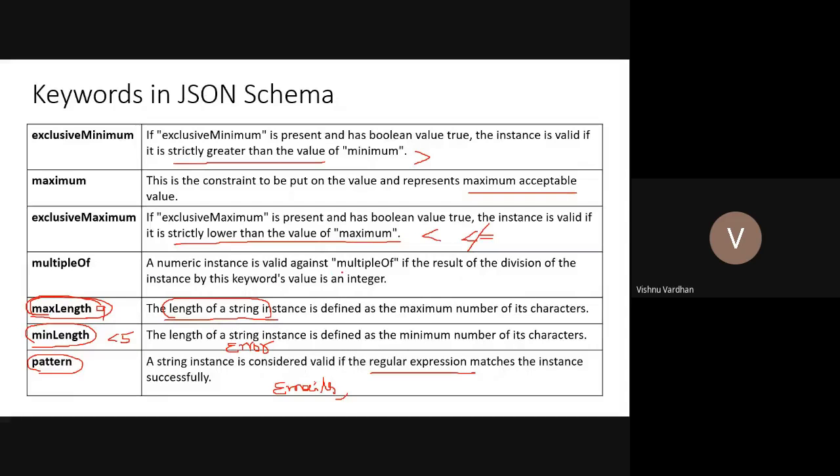A numeric instance is valid against multiple of if the result of the division of the instance by this keyword value is an integer, then you can validate accordingly by using this multiple of. So this is one way of validating the data actually. Okay, and all these are supporting you for proper validation of your JSON formats.